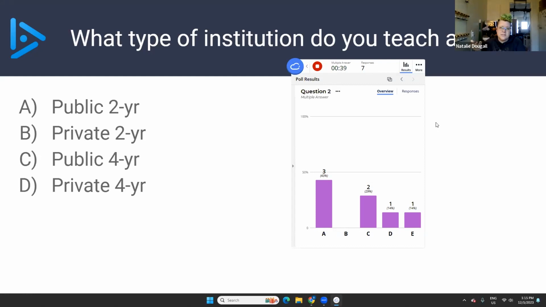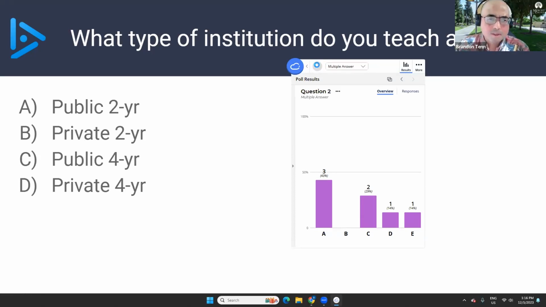So you can use this with Google Slides like Brandon is, or you could use it with a YouTube video, a PDF, anything you want to show your students. That's right. Thank you. So looks like we're about almost half-half, 2-year public colleges and some folks from 4-year colleges. I'm not sure what E is, but we'll take that as